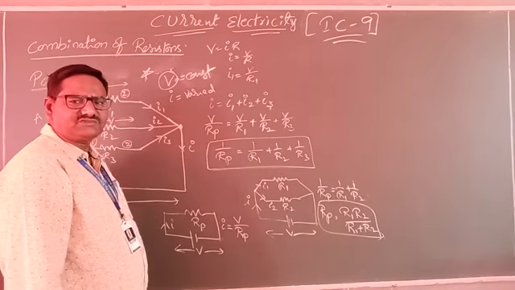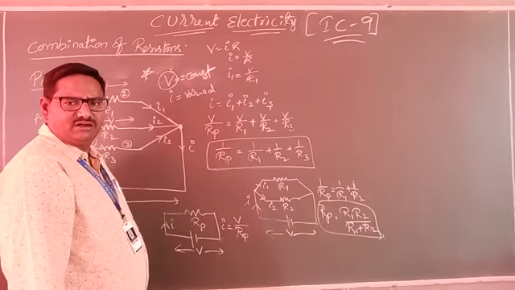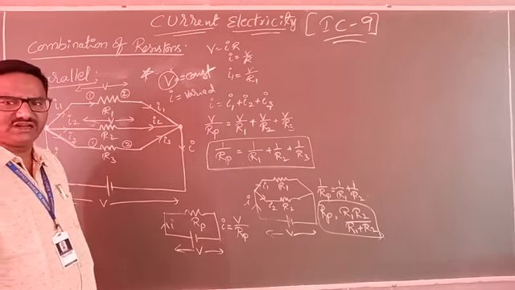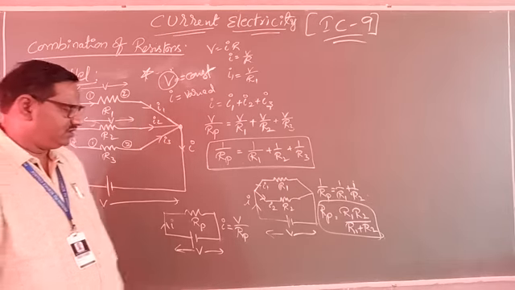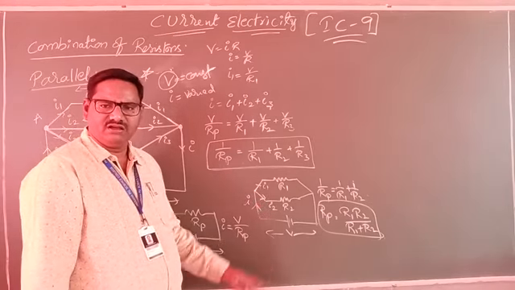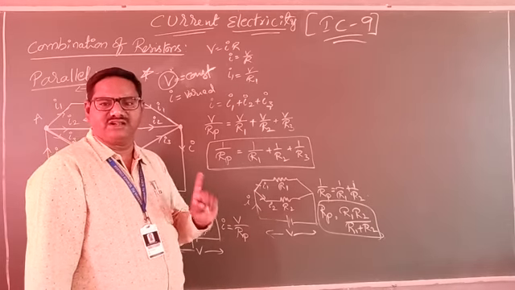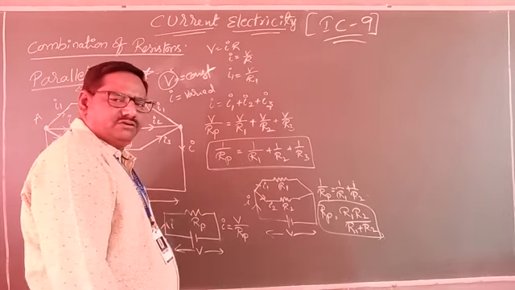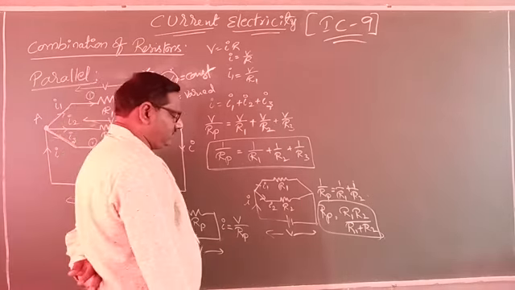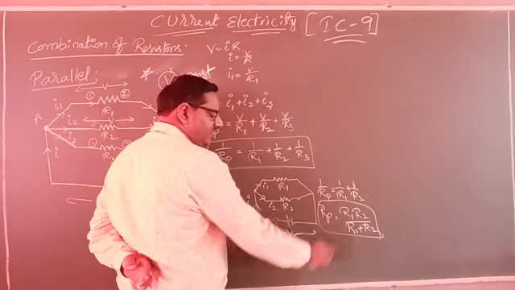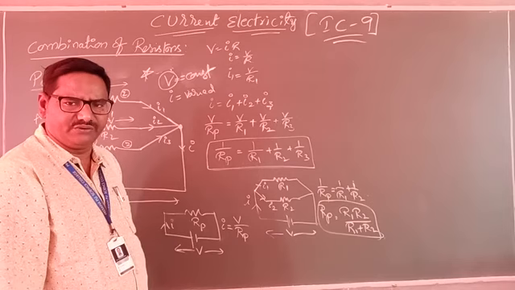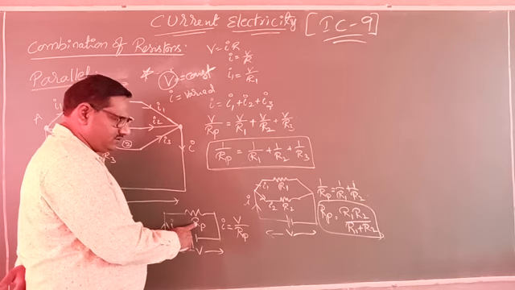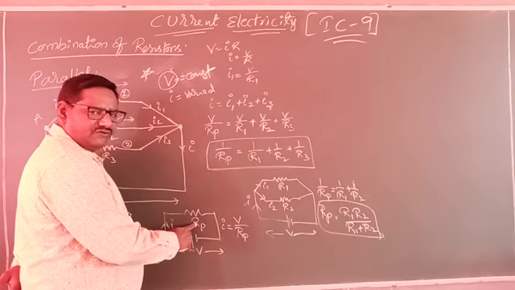Clear? Now I am discussing the current across the first resistor. If two resistors are given here, I want only the current across the first resistor. How can you measure it? In objective exams they ask problems like this. Then how can you write? Now what is the total resistance here? R1 R2 by R1 plus R2. I will treat this as Rp. Do you understand clearly?